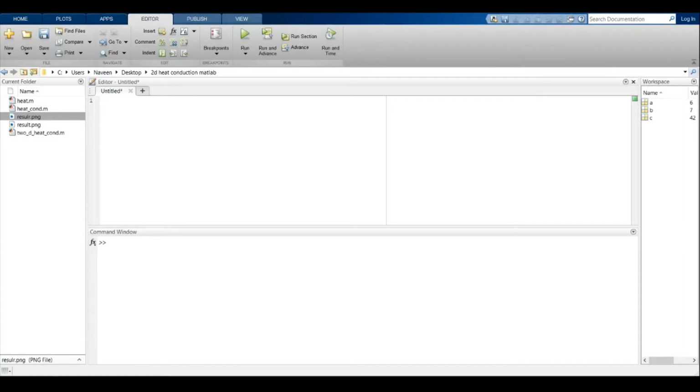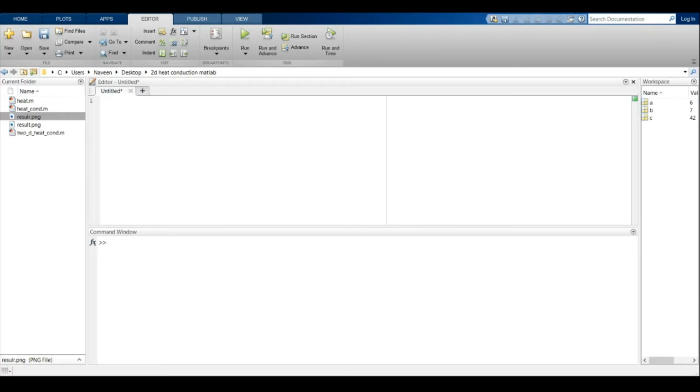Welcome all. This is MATLAB platform. Before going to dig more on MATLAB, let us try to know what is MATLAB. Well, MATLAB is an abbreviation of Matrix Laboratory. That is what you are giving to MATLAB, it will take in the form of matrix only. It is a numerical computing environment developed by MathWorks.